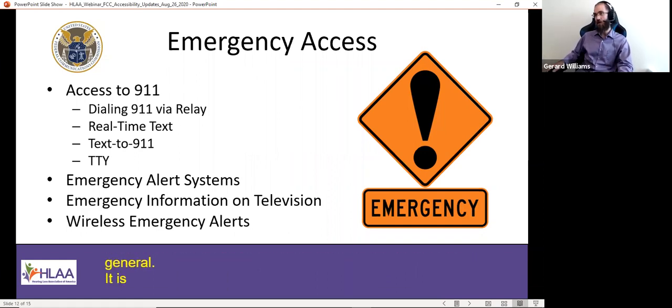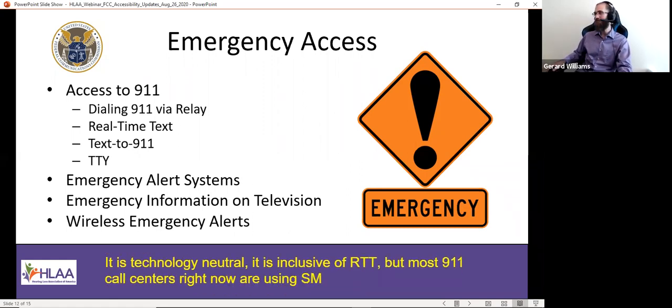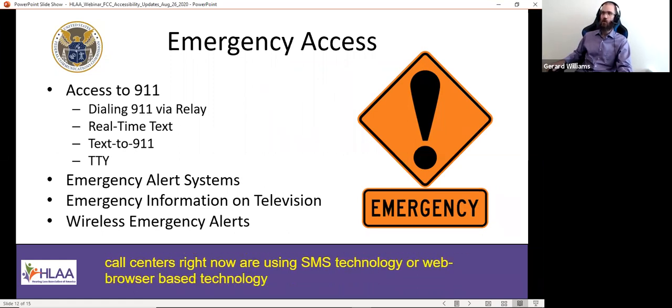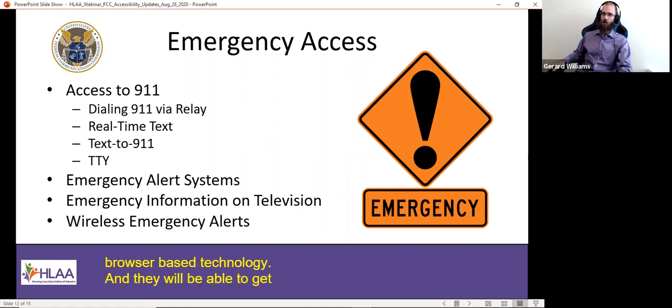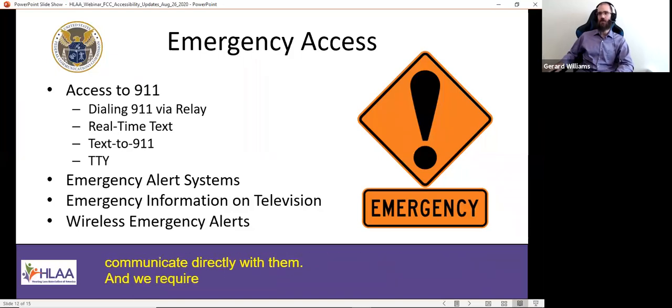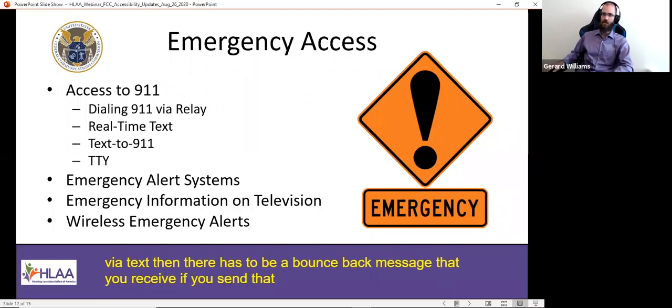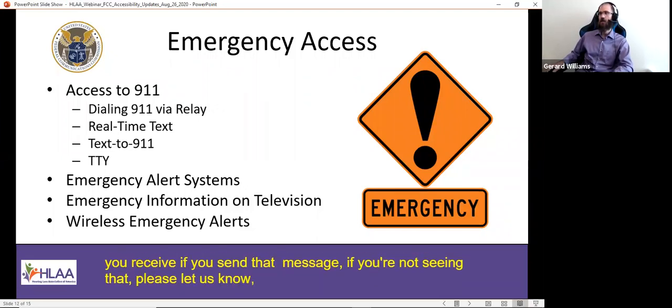It is inclusive of RTT, but most 911 call centers right now are using SMS technology or web browser-based technology, and they'll be able to get your text directly so you can communicate directly with them. And we require that if the PSAPs are unable to get your call via text, then there has to be a bounce back message that you receive if you send that message. And if you're not seeing that, please let us know. That's been required since 2012.